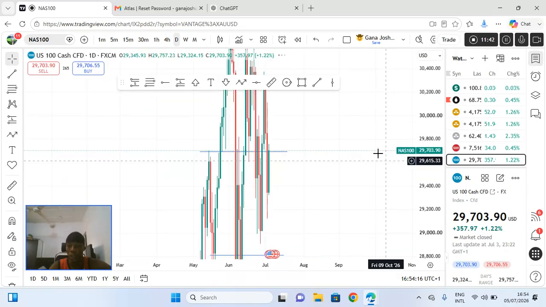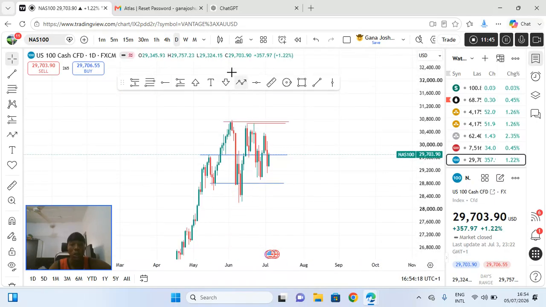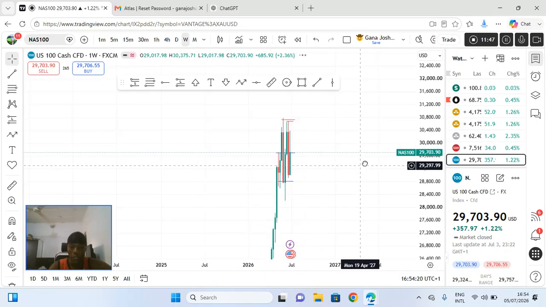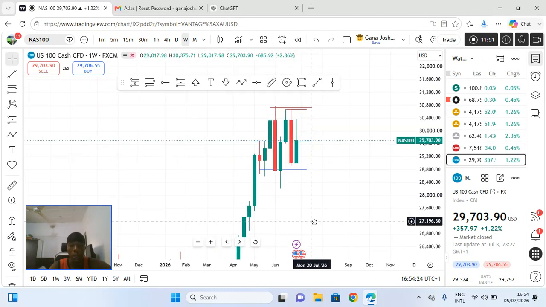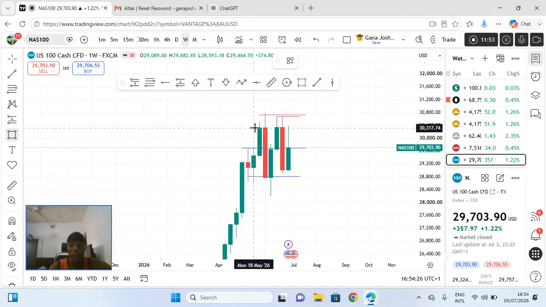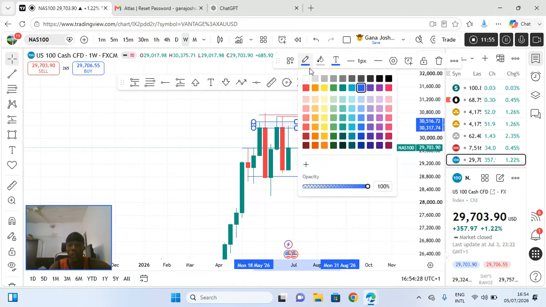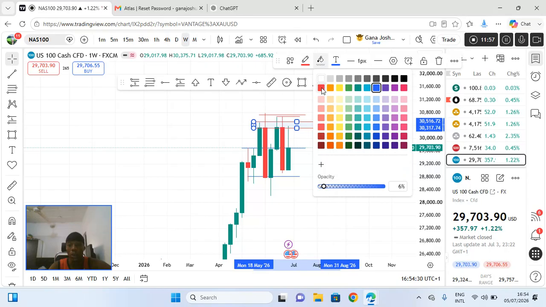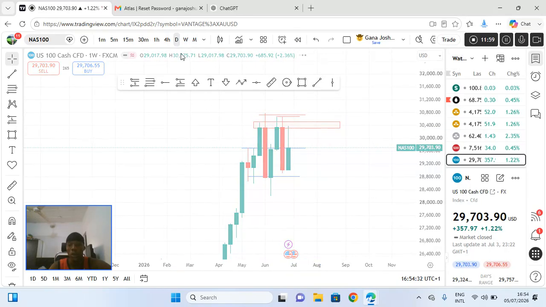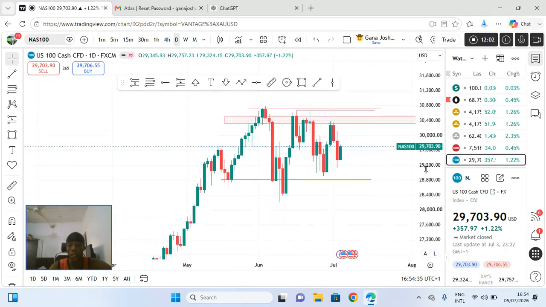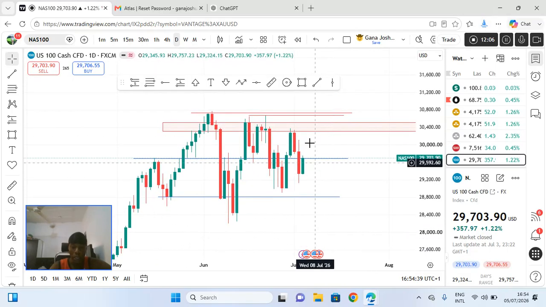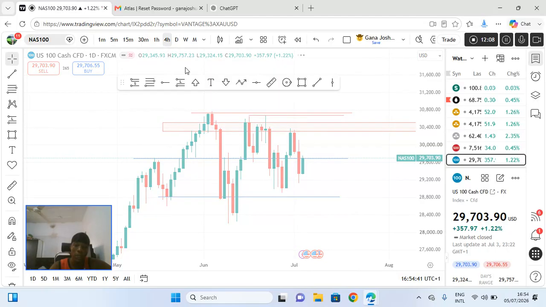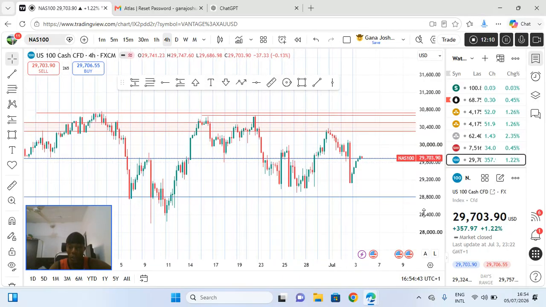Then if we go to the Nasdaq, it moves in a similar fashion to the S&P. We go to the daily as well, and we check the weekly too. Starting from the weekly, we could see a double top, something happening up here. So this level has been a very stubborn resistance. Then when we come to the daily, we could see that price came to that same level and reacted. So what's happening is it's kind of in a range as well. It's neither breaking to that side nor this side.